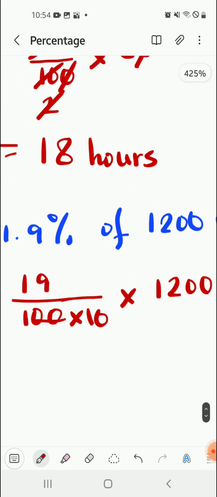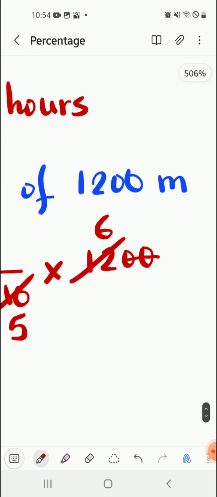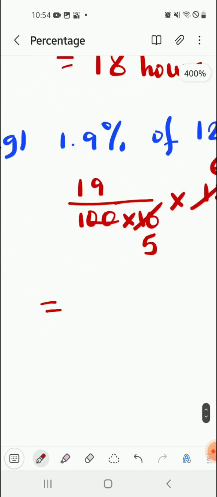Cancel it, these zeros get cancelled. This 10 and 12 both get divided by 2. We get 5, 10 divided by 2, and 12 divided by 2 we get 6. So now we are left with 19 and 6. 19 is a prime number, so it will not get cancelled in any way. So 19 into 6 is 114